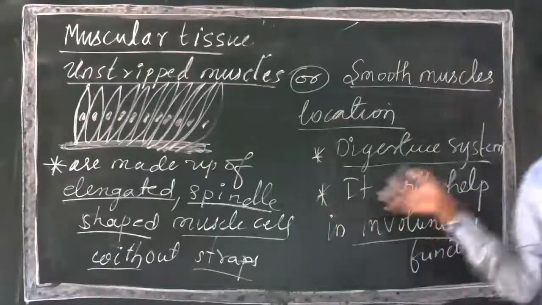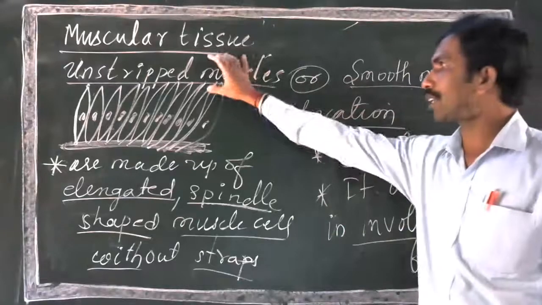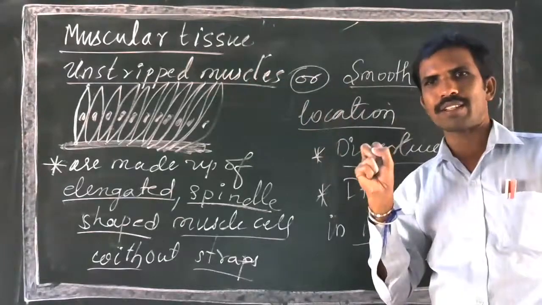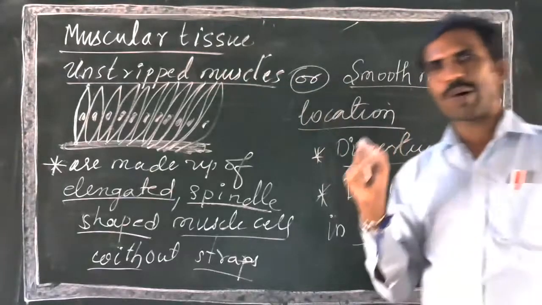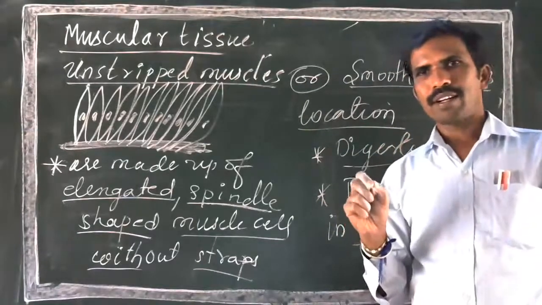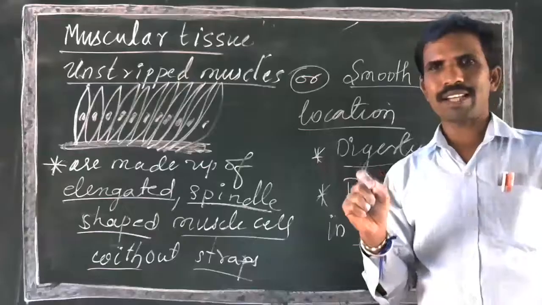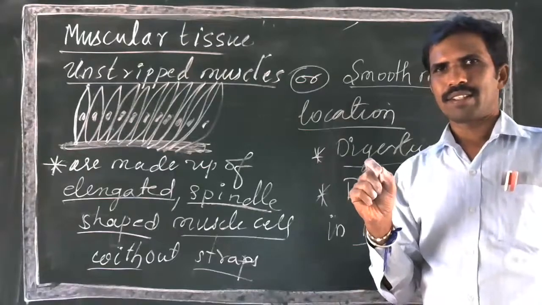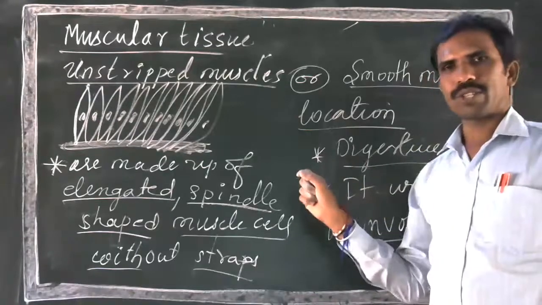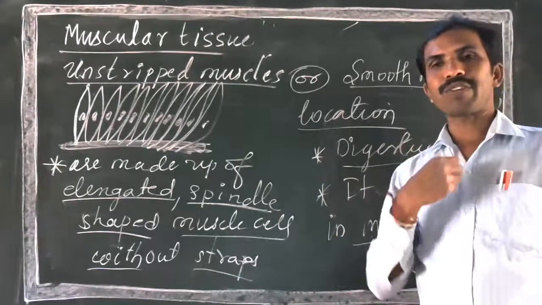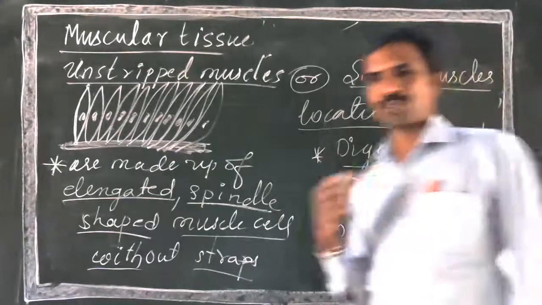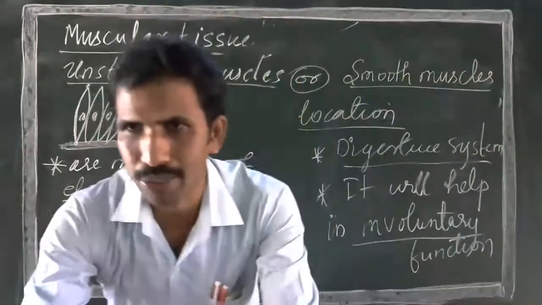Here, this muscular tissue will help in the contraction and relaxation. I hope in the lower classes you studied about the digestive system. In 8th you have studied, I think. So digestion, the movement of the food happens in the esophagus. It's called as dash. Who will answer this question?